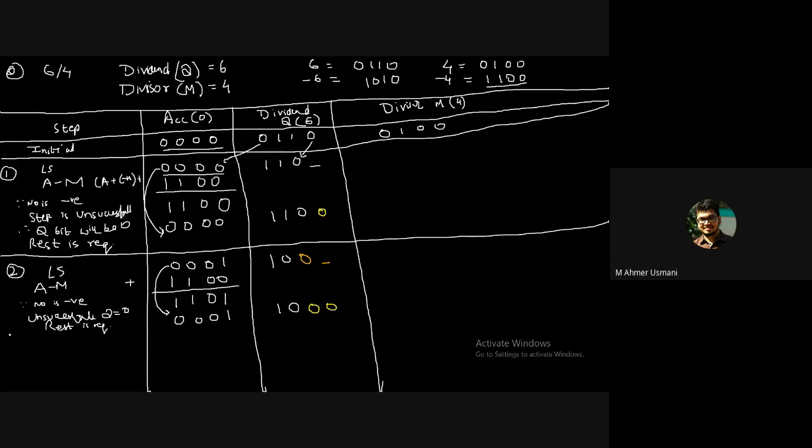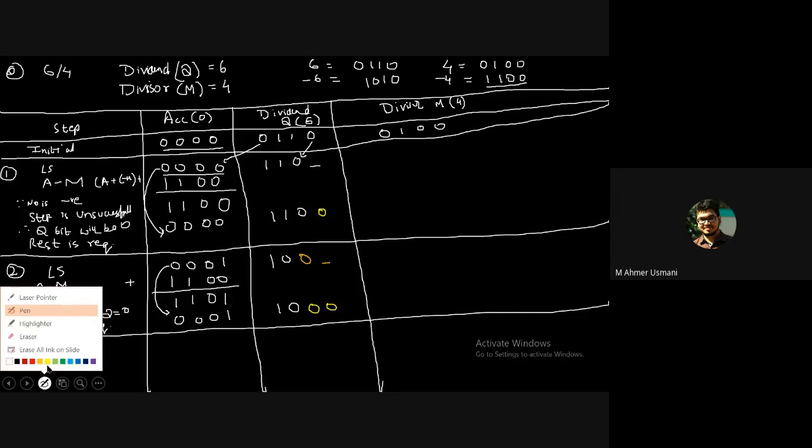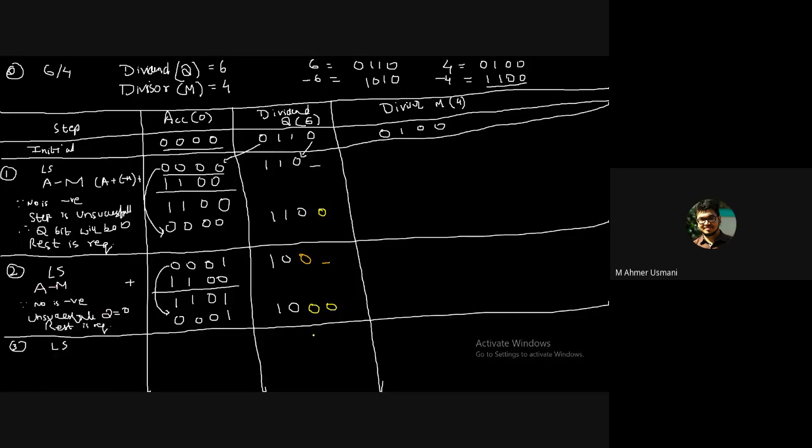Is this clear? Step number 2 clear to you? Yes, sir. Perform step number 3. So again perform left shift. So क्या होगा? I'll just take another color. So this 0 will come over here. This 0 will come over here. The color change करते हैं. There is a vacant place that I have. And then this 0 will come over here, and this 1 will come over here, right? This 1 will come over here. This 0, this 0. So after performing left shift, I get this as the answer.